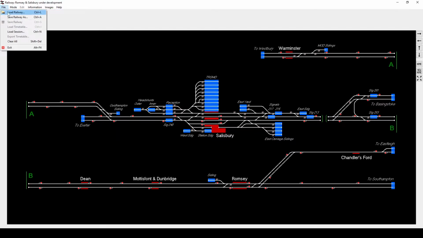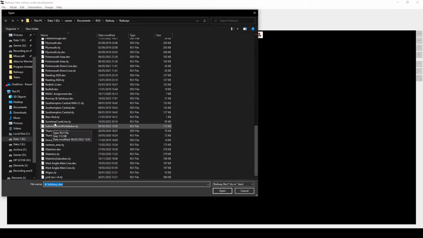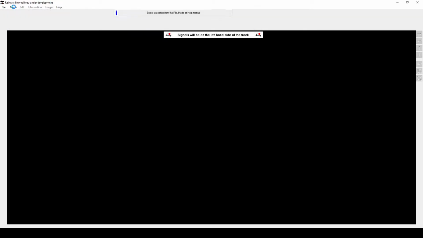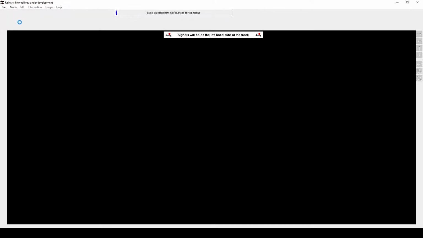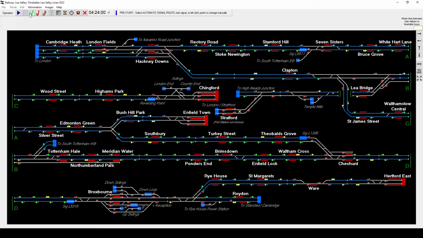When you're actually operating a route, I guess I should get an example open. If I were to load my session file for this, so that I can operate, there's three types of signal. The one that's currently selected, so you can't see the button, is blue routes. Those are already set up. They're automatic. They will always stay set up, and signals will automatically change back to green behind a train. There's green routes that always set in the direction of preferred directions, which is what we're going to set up today. And red unrestricted routes,